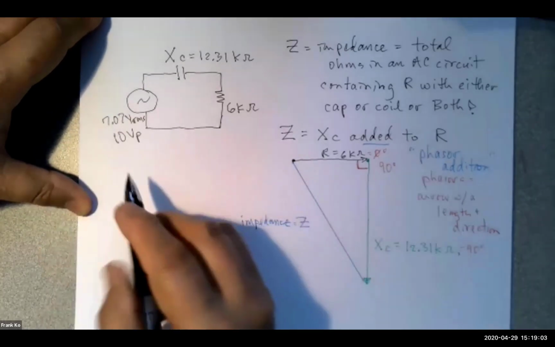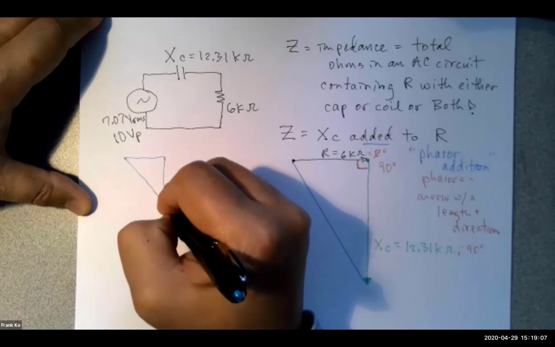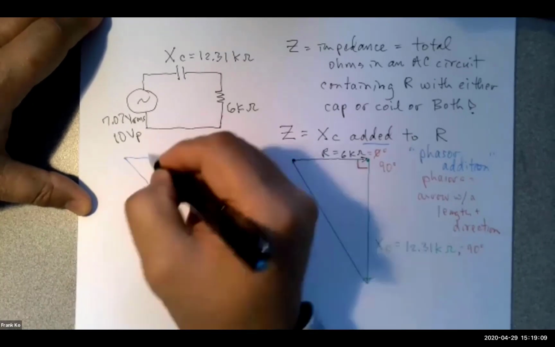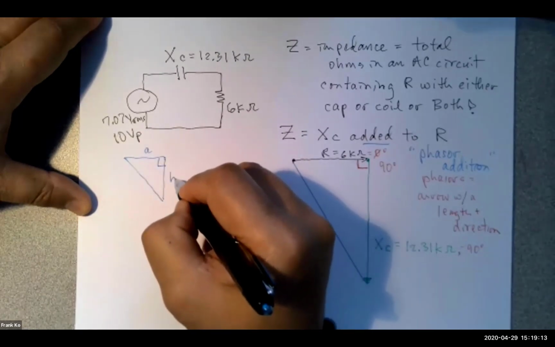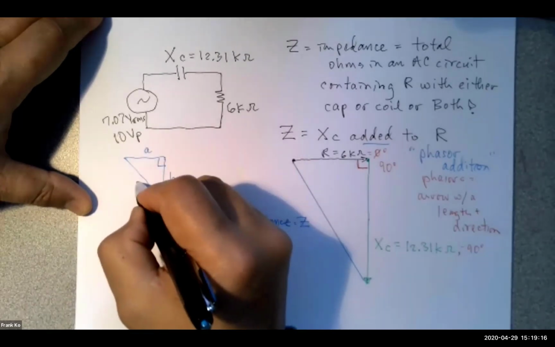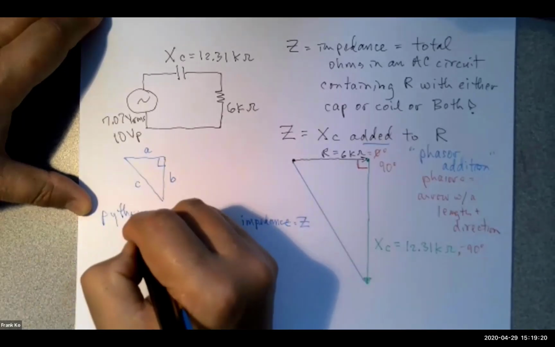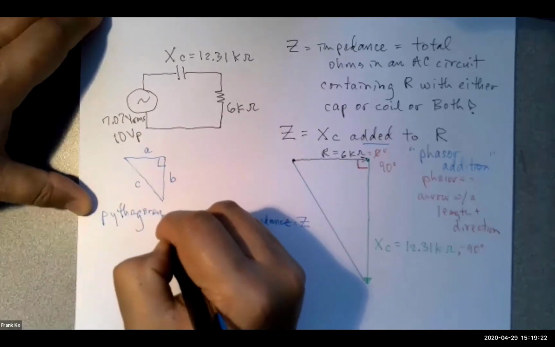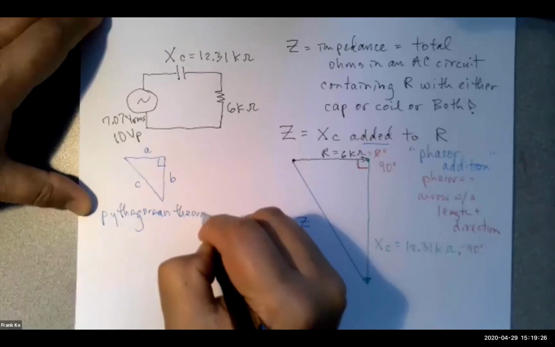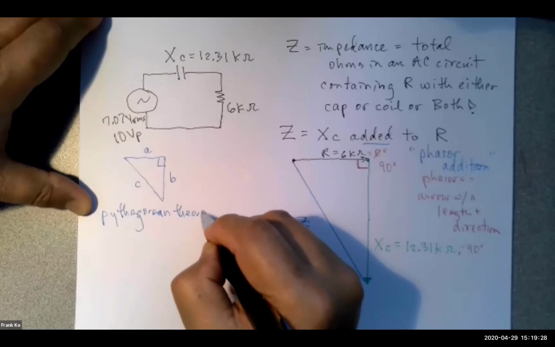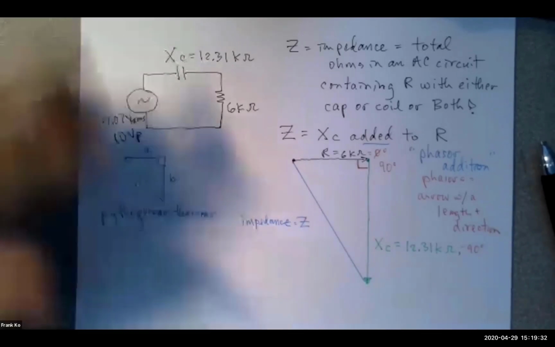If you recall, if I have a right triangle, and I have a short side, which I'll call A, and I have another longer side, which I call B, and the longest side of the right triangle is C, do you remember in Pythagorean theorem